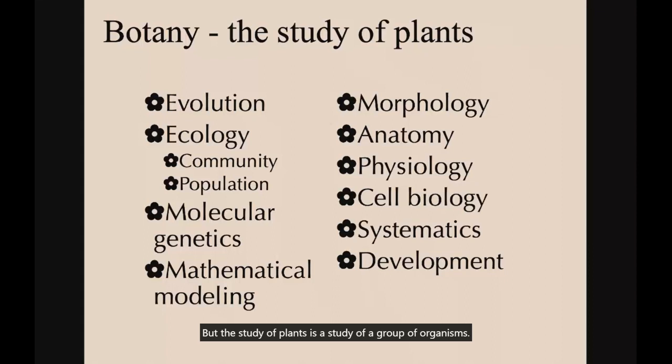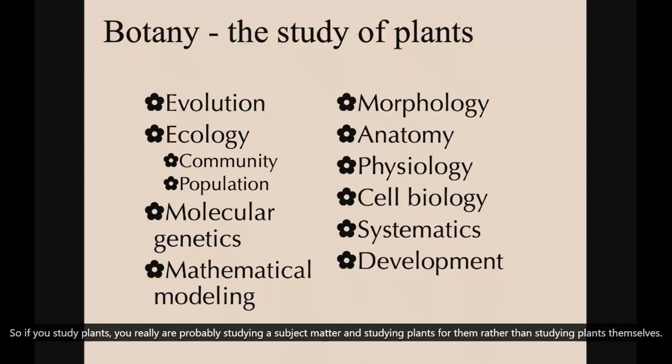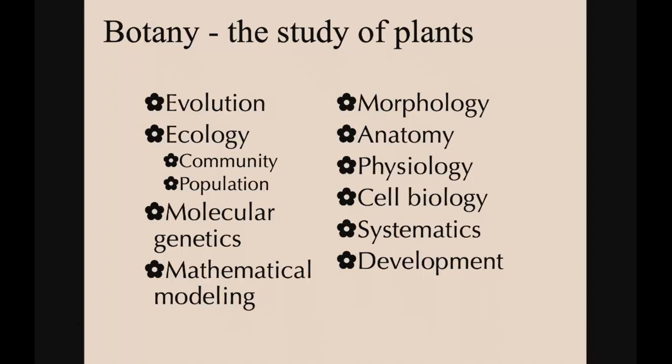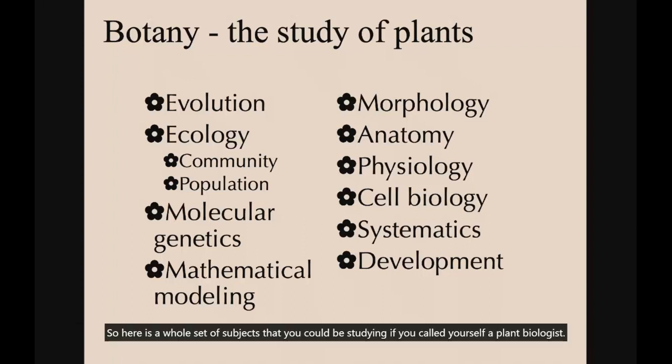But the study of plants is a study of a group of organisms. So if you study plants, you really are probably studying a subject matter and studying plants for them, rather than studying plants themselves. So here is a whole set of subjects that you could be studying if you called yourself